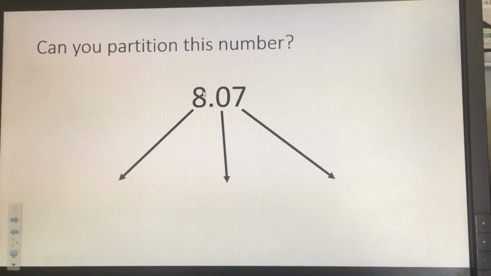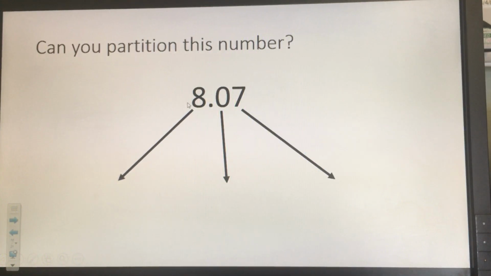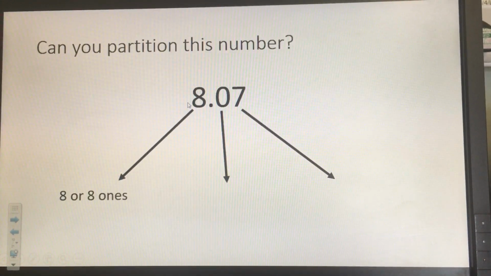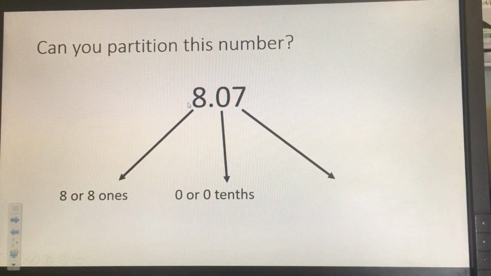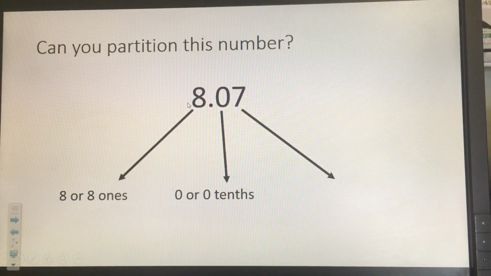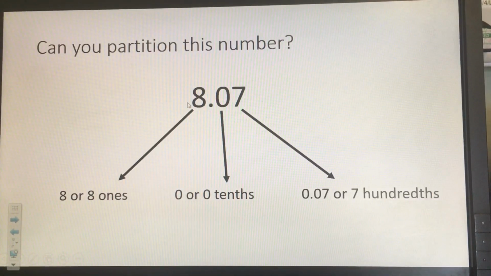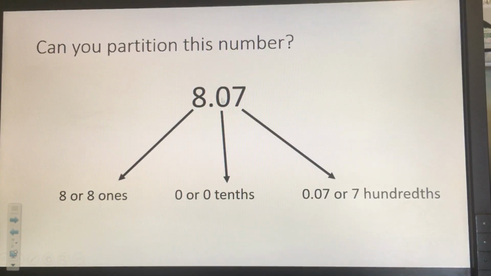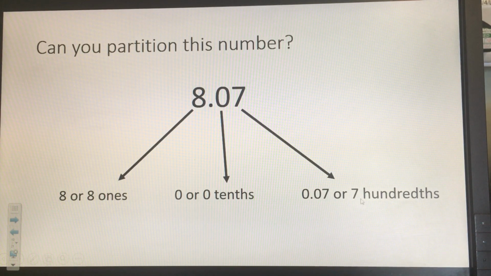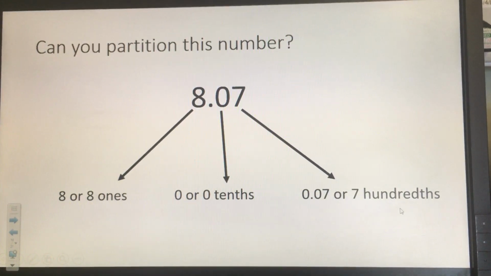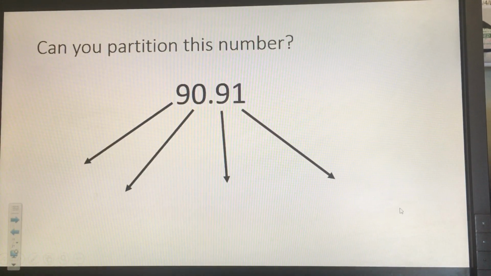Okay, so we've got 8 in the ones column, so that is 8 or 8 ones. We have 0 in the tenths column, so that should be 0.0 or 0 tenths. We have 7 in the hundredths column, that's 0.07 or 7 hundredths. Okay, the next number,